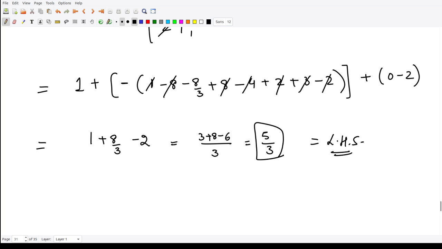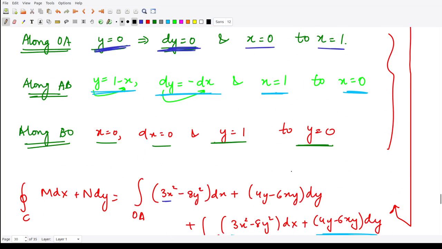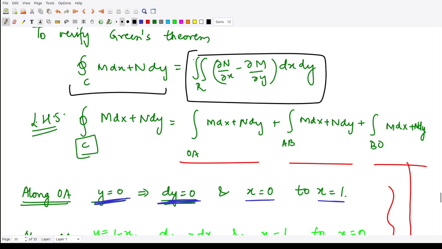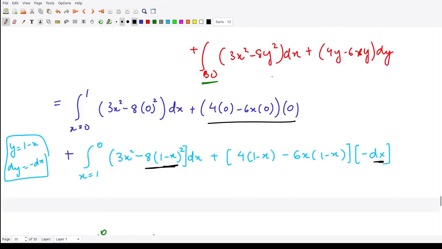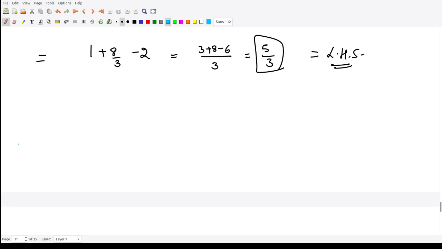So now you see the applicability of Green's theorem here. This calculation is so lengthy to solve, right? So this is what we obtained for this left hand side. Now let's go and solve for this right hand side. So you see the utility of Green's theorem. Okay, for the right hand side here,